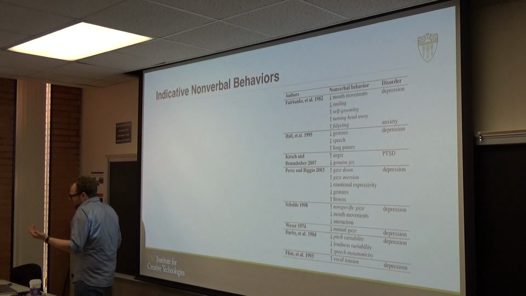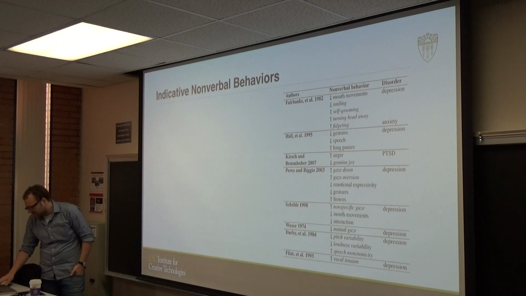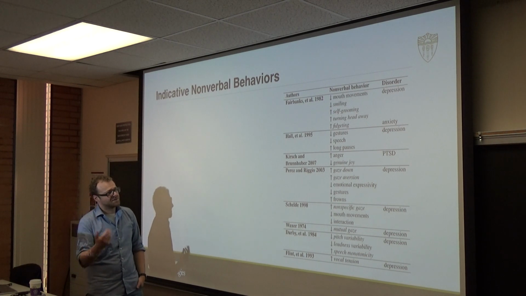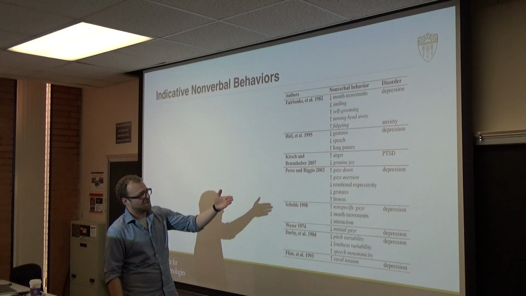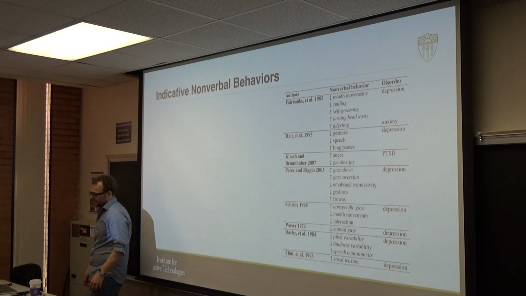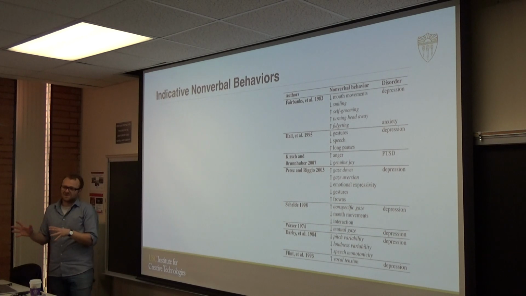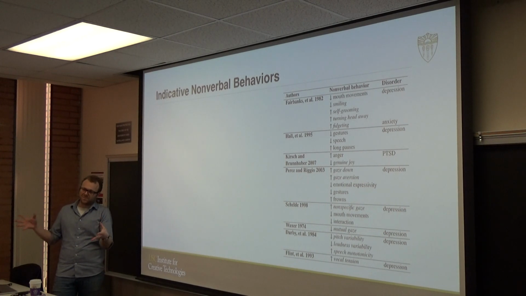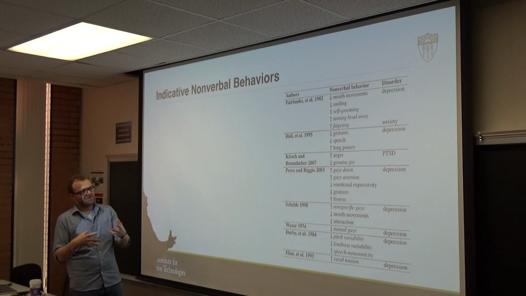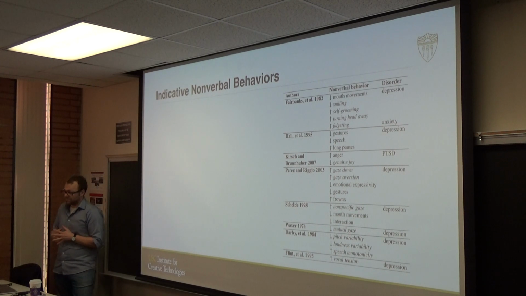So for example, what do we have here? Reduced gestures, reduced speech, long pauses, increased gaze aversion, reduced emotional expressivity. So we found these behaviors online and in those papers, but now we need to try to find ways to extract those features and to understand how they are present in our data. So this is the process that we went through, understanding what's happening.